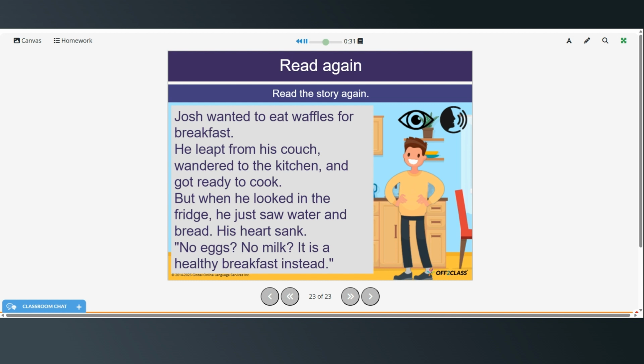But when he looked in the fridge, he just saw water and bread. His heart sank. No eggs, no milk. It is a healthy breakfast instead.